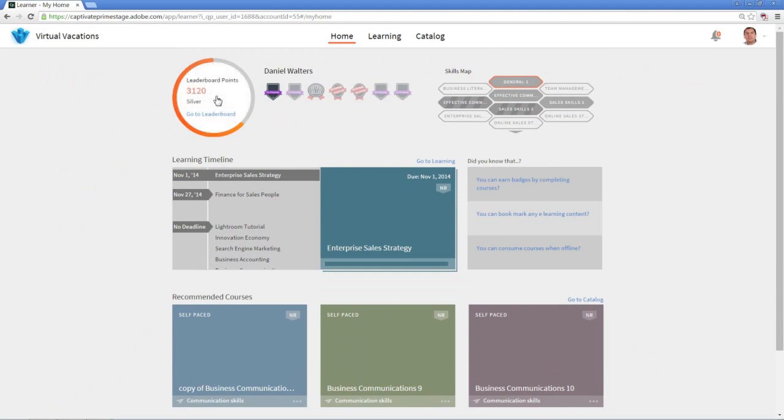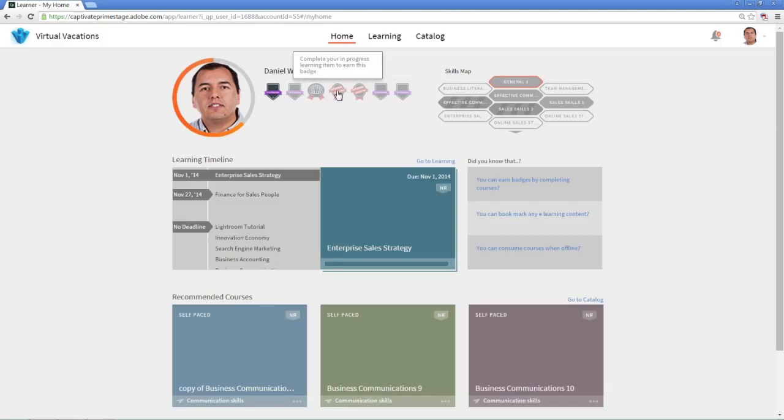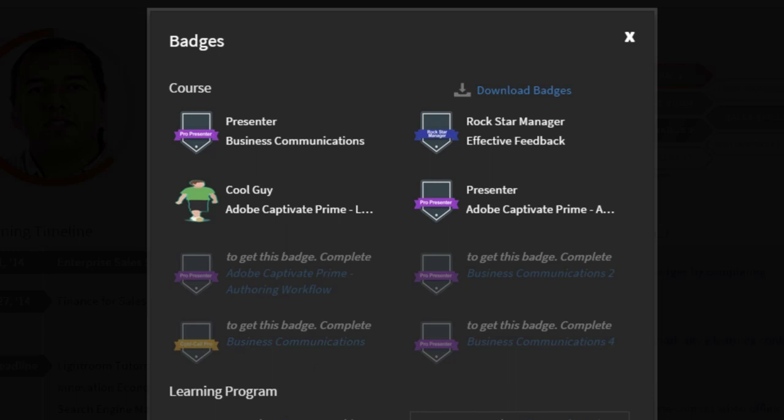Leaderboards enable the learners to understand how they are faring against a particular team member or know their ranking position relative to other team members. They can earn badges on completing courses or learning programs, and these are displayed on their dashboard. They can also get to see the badges they can achieve on completing certain courses or achieving skills. These badges adhere to the Open Badges standards, and the learners can download these badges and display them on professional